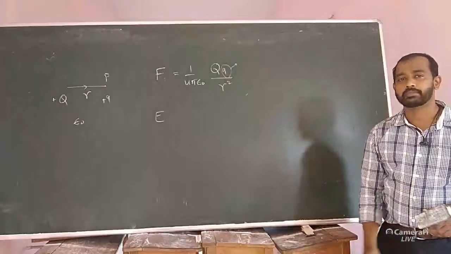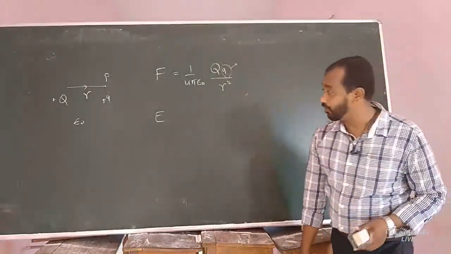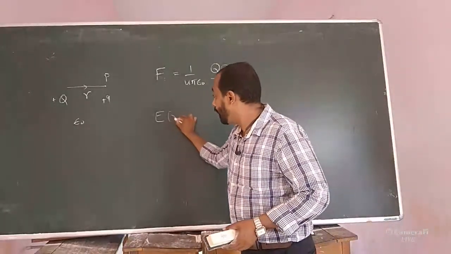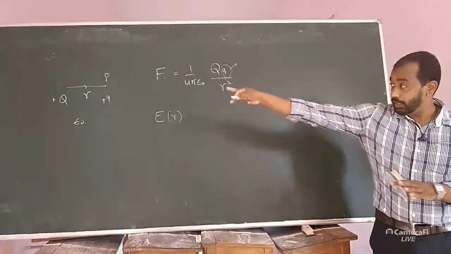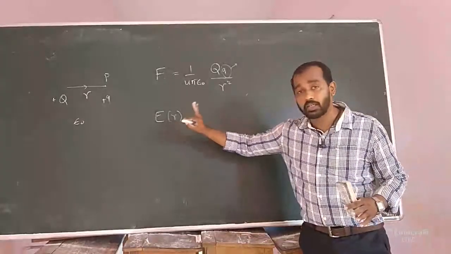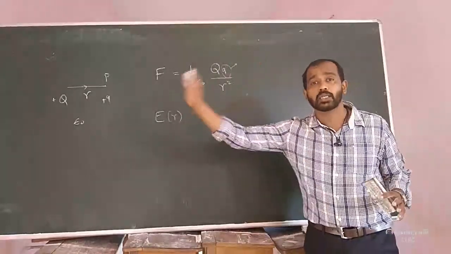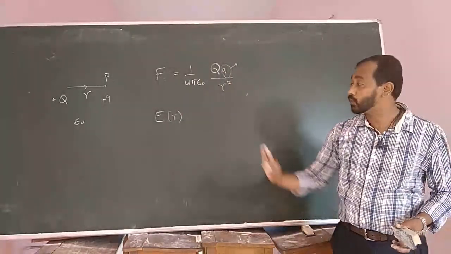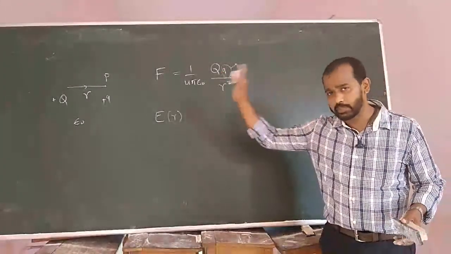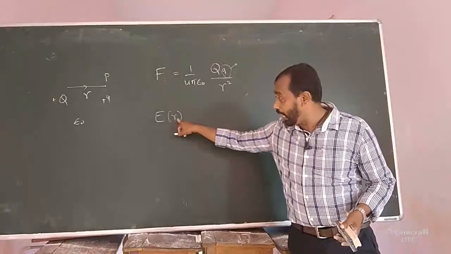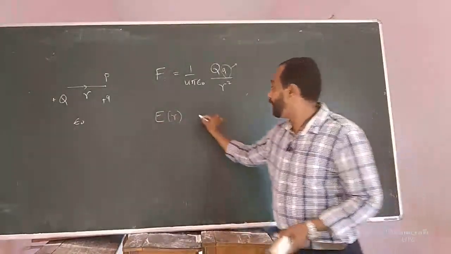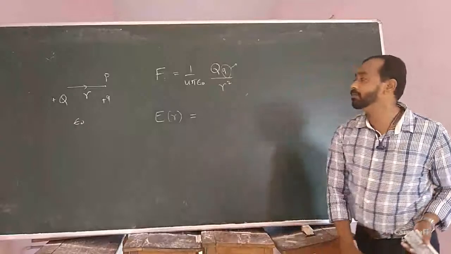In general, if we consider the electric field at a position R, where R is the position vector, we do not know the location of the source charge, which is the source of the electric field. We are not mentioning it here, but it is present. In that case, at a given position R, the electric field is equal to